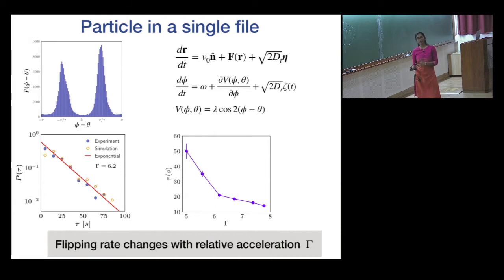Now what we have shown is that in 2D the particle behaves like an active Brownian particle, and in 1D, due to confinement, the particle behaves like a run and tumble particle. Now the question is: can we see a smooth transition from a run and tumble particle to an active Brownian particle experimentally? To check that,